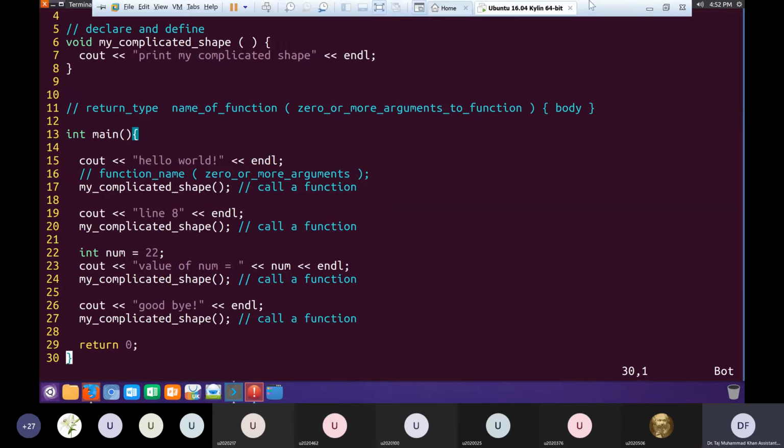Okay, so is it clear? How does calling a function influence the execution flow of the program? Every time you call a function, the execution flow will jump to the start of the body of the function. It will execute the whole body of the function until the end, and then after finishing the execution of the function, it will jump back to where it came from. Okay, so where it came from is very important.